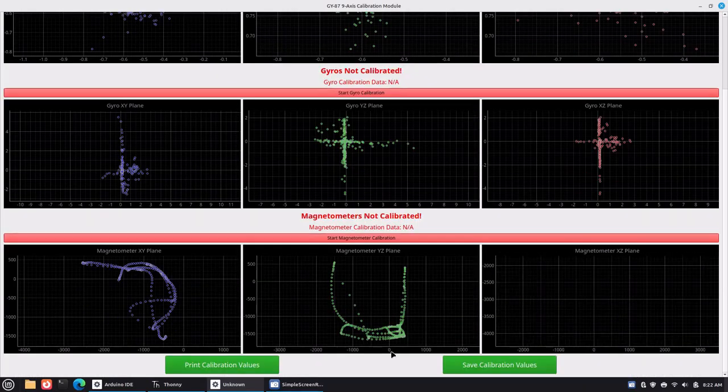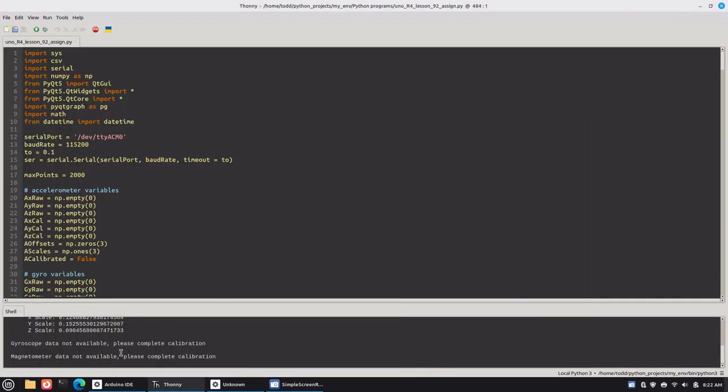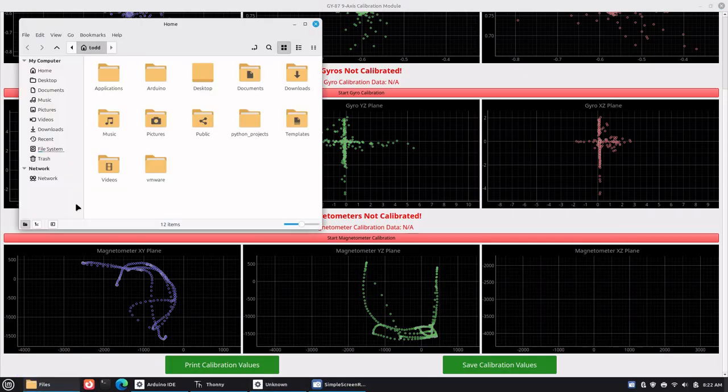And then if you were to come down here and print the calibration value, you can see over here it prints the accelerometer offsets, the scales, and then it tells you that the gyroscope and the magnetometer data is not available. If you were to save it, it actually would save a CSV file